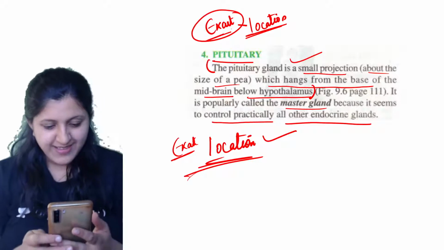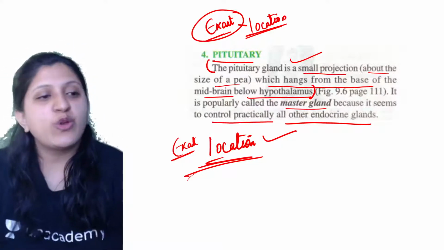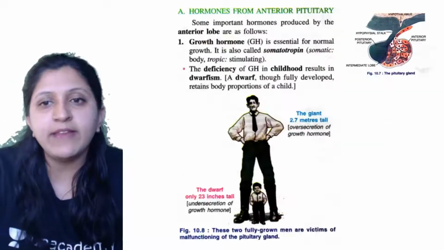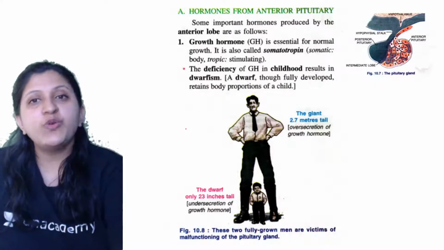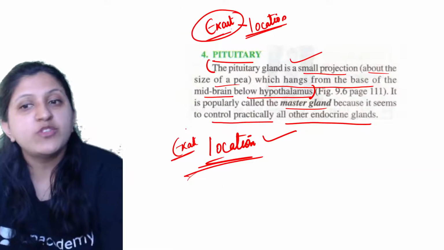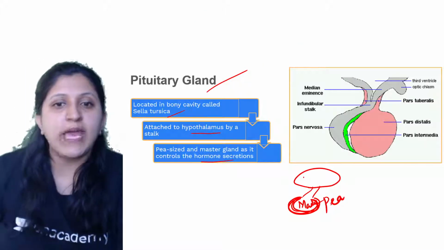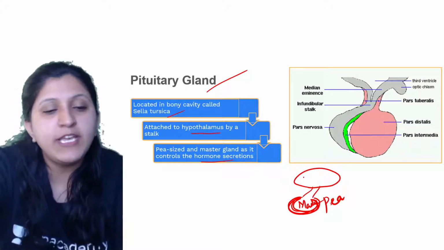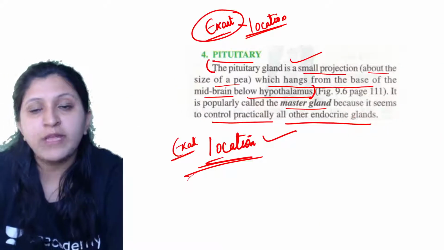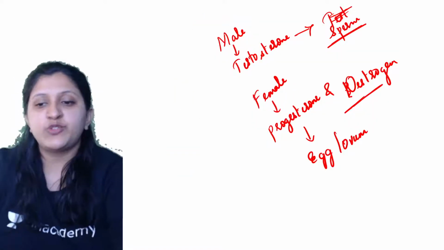All right, okay, so let's get started with this. Yes, so location we saw. Okay, and other than that, hormones from the anterior pituitary. So you know the pituitary, when we mention it, it has lobes in it. So we need to look at the lobes which you can see here. There are intermediate lobes, so there is the anterior lobe and the posterior lobe. So let's have a look at this one now.